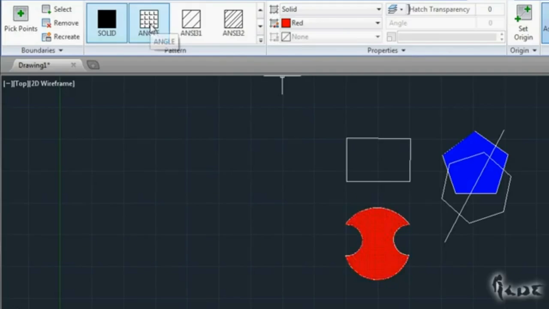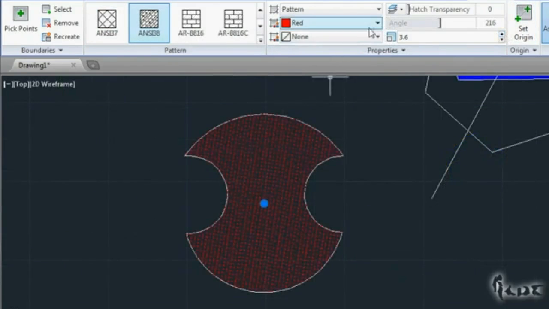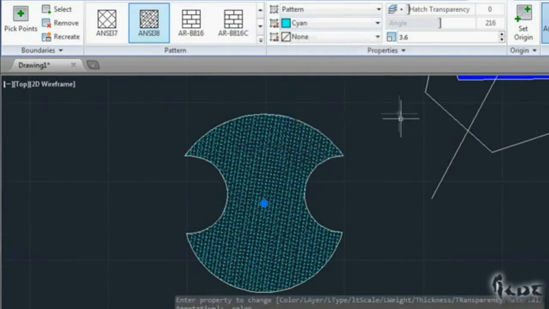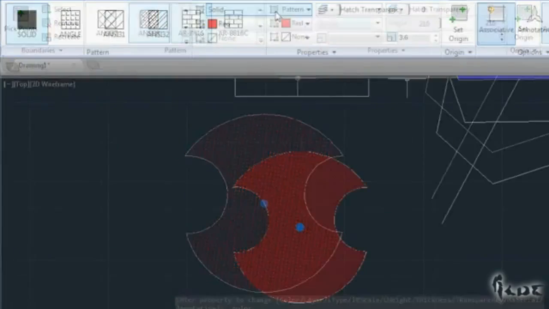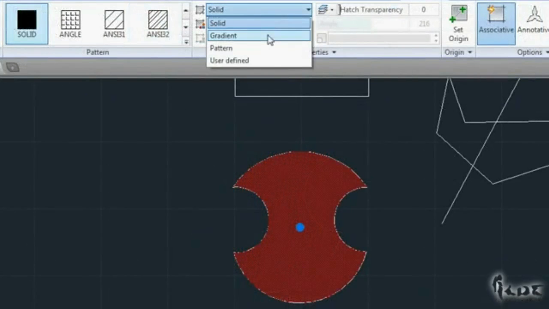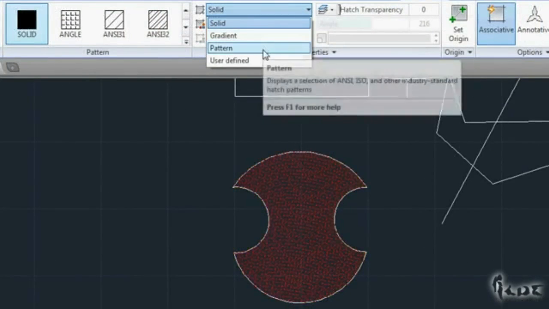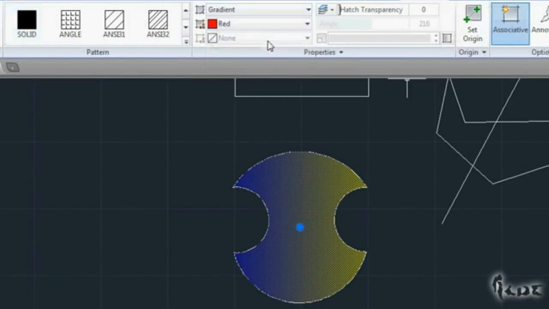Patterns can be modified in many ways. Select the pattern from the Pattern section and use the Properties one to edit further. You can add transparency, change direction and size of patterns, and color. Go to the first option on top and left to choose to put a gradient instead of a pattern and